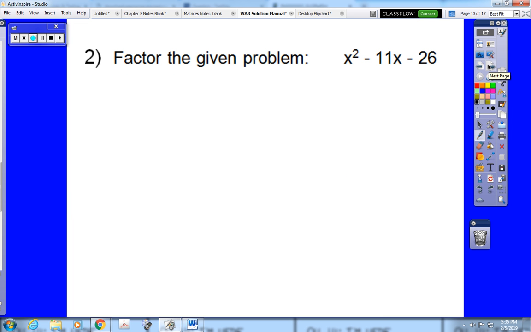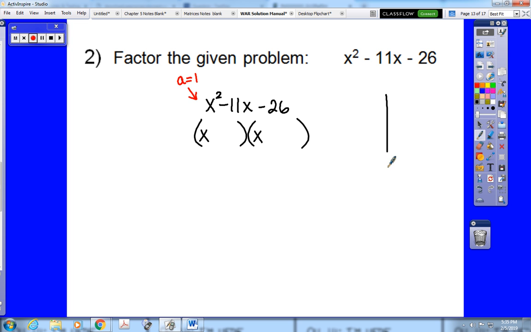Okay, next up we have factor the given problem, and we have a trinomial, x squared minus 11x minus 26. Now notice that this is a trinomial where a is 1, which means we can factor that straight away into two binomials, the first term of which is x for both. Now when we go to look at our pairs of numbers, instead of doing a times c, a is 1. So we're looking for numbers that multiply to c